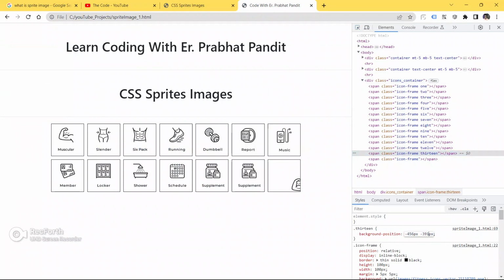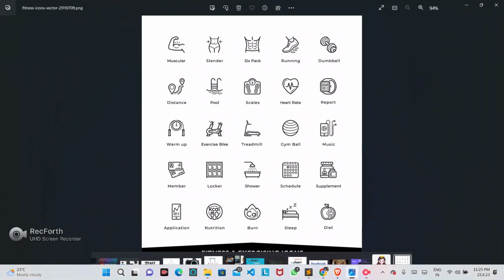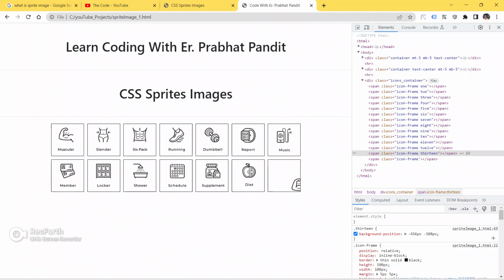Okay, so now it's application. We have to go up. As of now it's ended here. Let me see the image. So that is the last icon, so we have to move left.